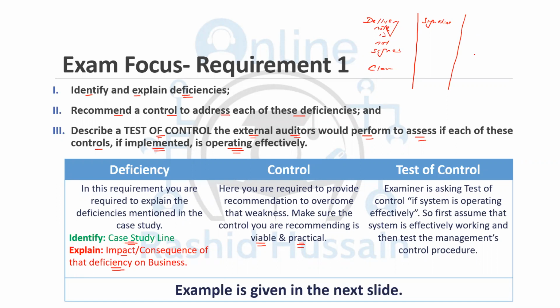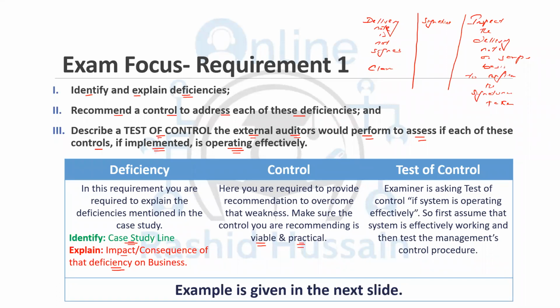Now, how can I check whether they are taking the signature on the delivery note or not? So inspect the delivery note on sample basis to confirm the signatures taken. Obviously there will be a lot of delivery notes. I cannot inspect all of them. So what I can do is inspect on the sample basis, take some of them and see whether there are